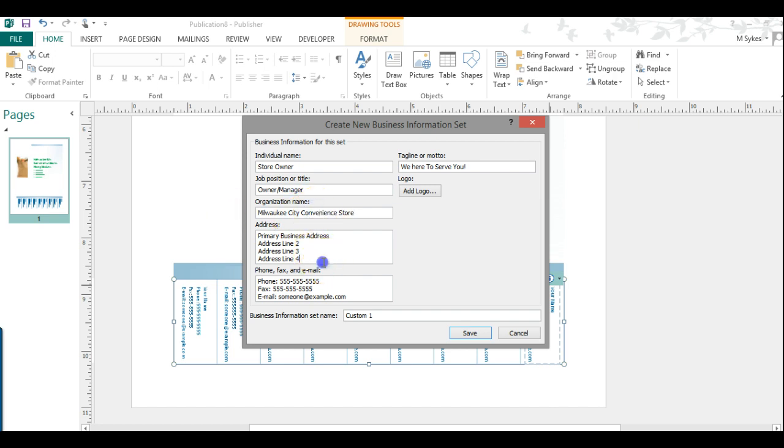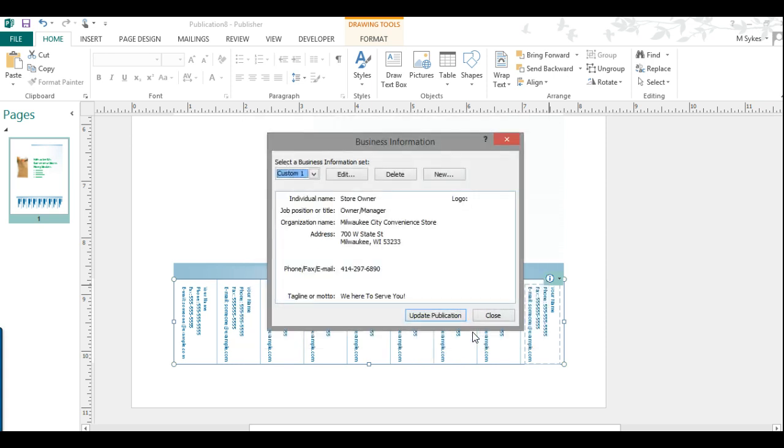And you can also put in the address, which, as you know, is 700 West State Street. Again, that's in Milwaukee, Wisconsin 53233. And the phone number can be, oh, I don't know, 414 297 6890 or whatever. After you get through with that, this is the information that's going to be needed for the tag. You can save it,